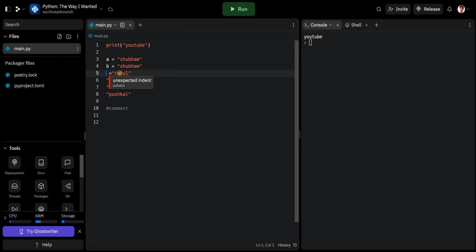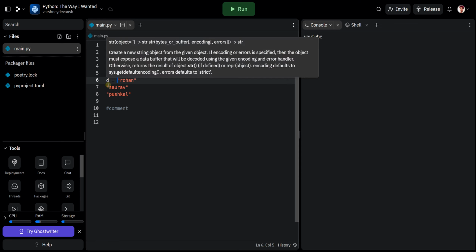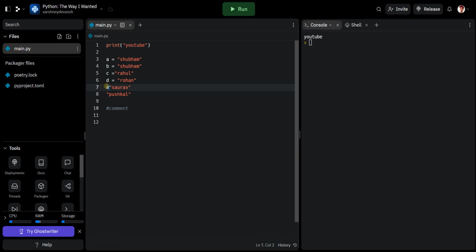As you can see, it is showing an unexpected indent error. Fine. There is D, E, F. Let's try to do it quickly.